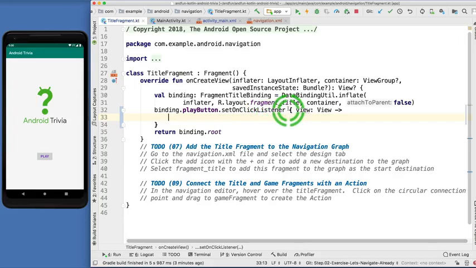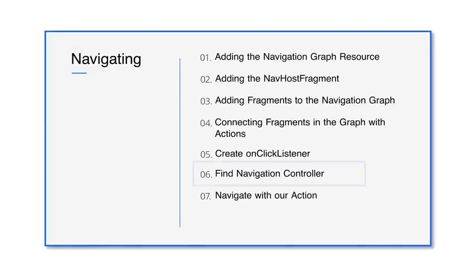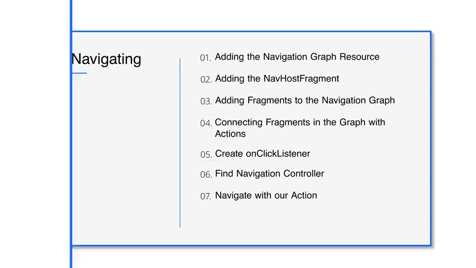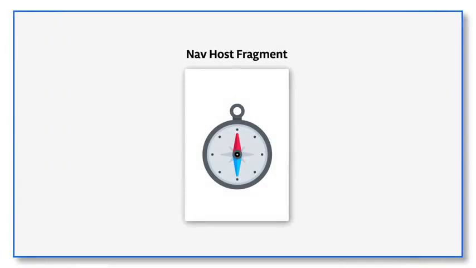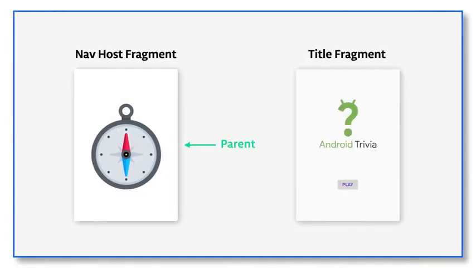Now for the fun part. We need to actually navigate between our destinations. To do that, we need to find an instance of the navigation controller, which is a class that we use to manage navigation within our navigation host fragment. The navigation host fragment is the parent in the view hierarchy of our current fragment, the title screen fragment. This means that we can traverse up this hierarchy to find the navhost fragment from any view in our fragment,